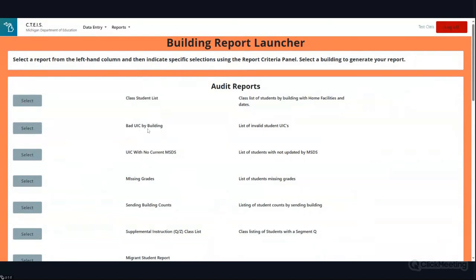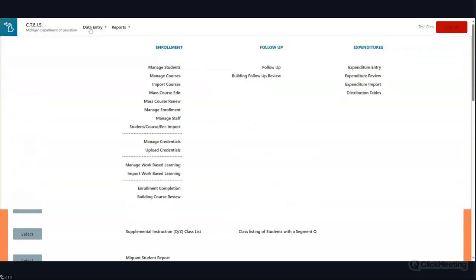So bad UIC by building, UIC with no current MSDS. So that information you can generate by selecting these buttons, and it might be helpful for identifying that information before May 10th. If you want to use the UIC checker, going in under data entry, going to manage students,